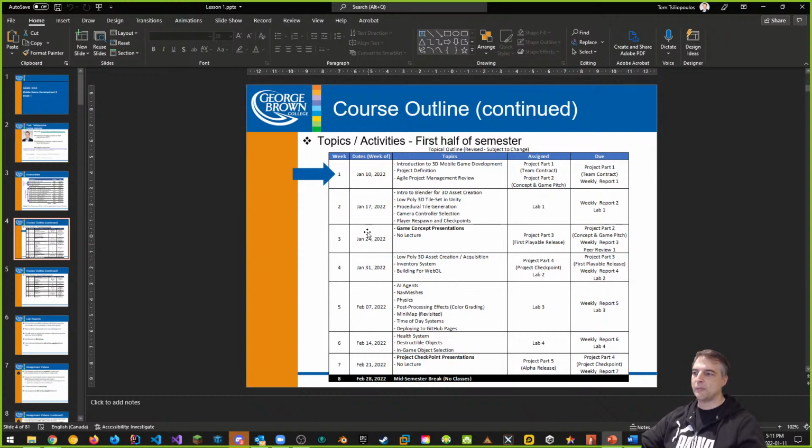Starting week 4, we're going to get into more Blender, Blender to Unity, and all that kind of stuff, building capability with building assets. We're, of course, going to be talking about mobile game dev during the lecture portion. And then lab 2 will be due at the end of day on the lab on week 4. I'm going to get into the project releases in a second.